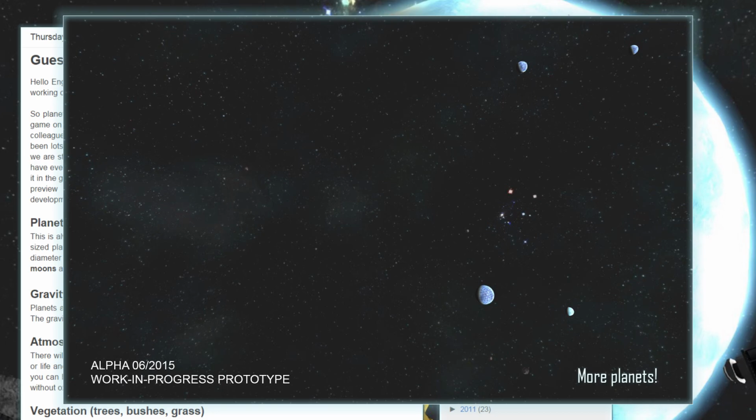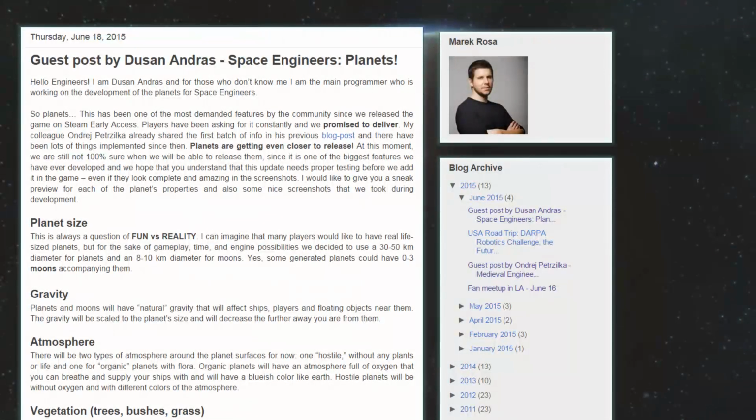Anyway, moving on from my little opinions on these images, we have next up gravity. Planets and moons will have natural gravity that will affect ships, players, and floating objects near them. The gravity will be scaled to the planet's size and will decrease the farther away you get from them. So that is something we've known for a while now about them actually affecting everything, and it's something that I'm